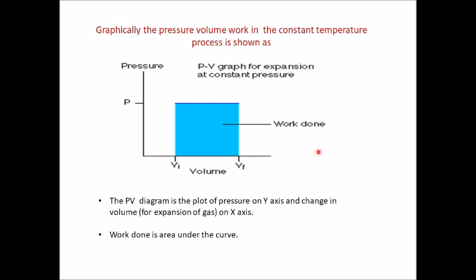Now, we will see what is the work done for isothermal reversible process and how we can find out the maximum work done for such a process. Of course, in isothermal reversible process, remember that there are going to be many steps, each step being reversible and each step giving you a maximum work. We will see it graphically also, and we will derive an expression for maximum work under isothermal reversible conditions in the next lecture.